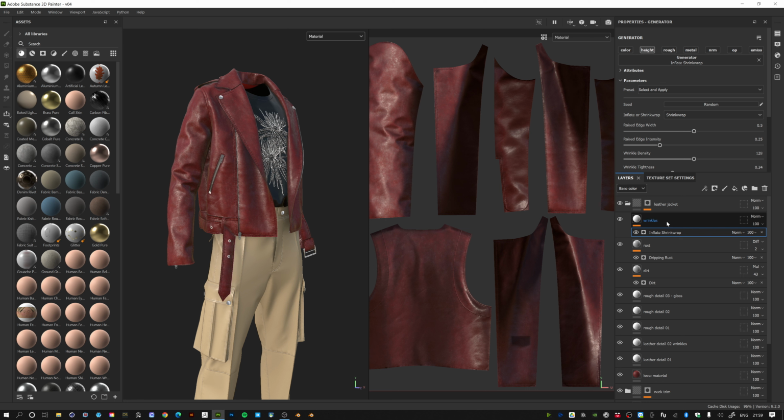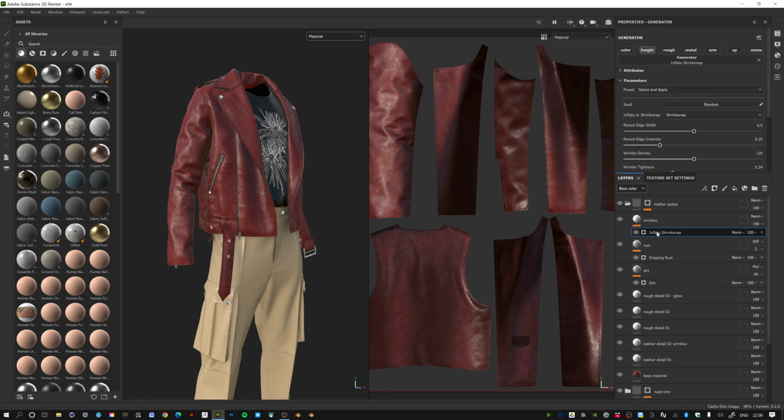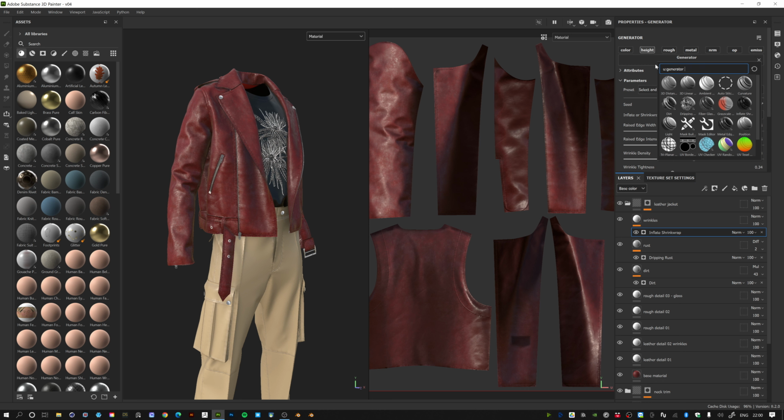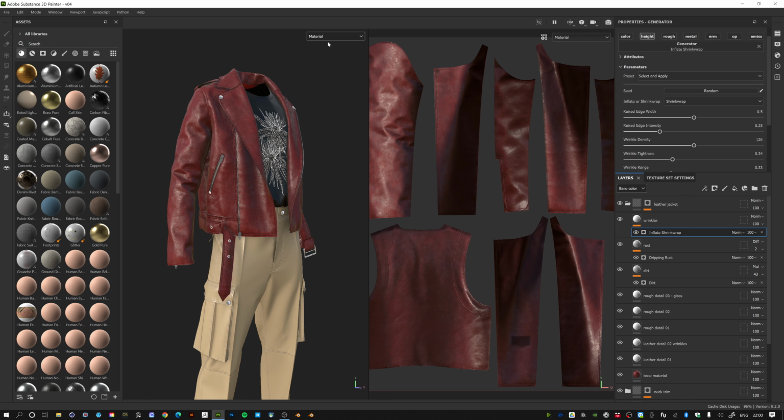So I've created a fill layer, right click on the fill layer, add generator. With this generator selected, choose the generator slot and choose inflate shrink wrap. It's the black looking material on the right side. And this shrink wrap is currently just affecting the height channel of this material, which is what we want, and we can visualize this if we change the channel that we're viewing to